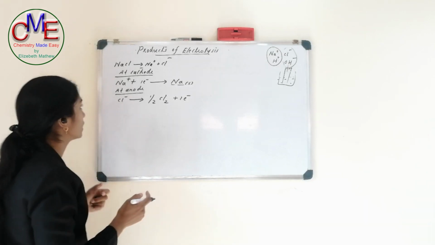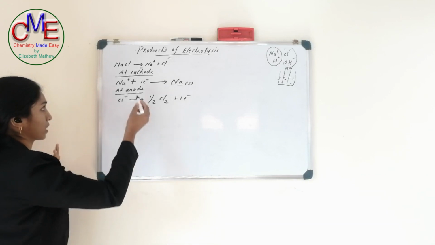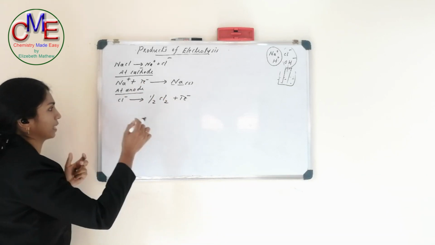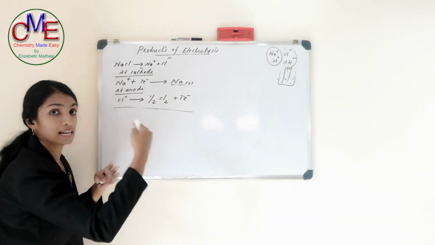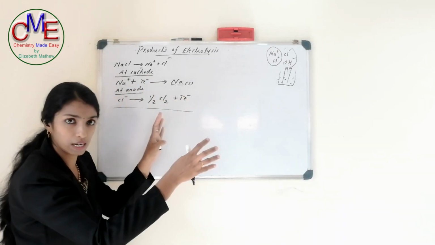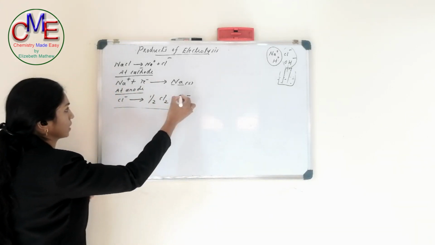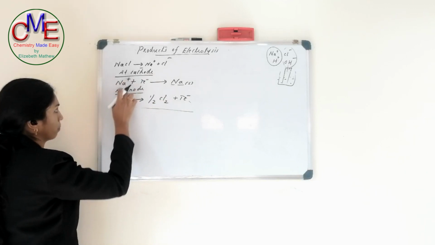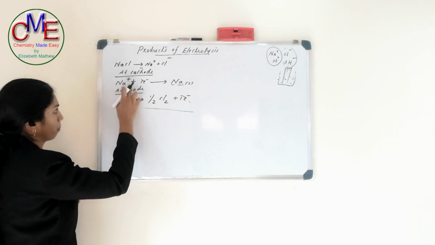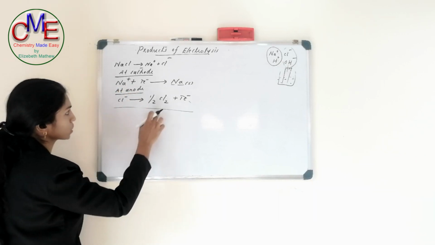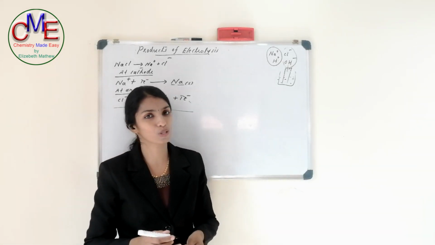Clear? Then here also we can write the net reaction. The net reaction can be obtained by the sum of these two reactions. We can cancel the species which are common on both the reactant side and the product side. We can cancel this one electron and this one electron, and sum up the remaining. What we are left with is Na+ and Cl-. So Na+ + Cl- gives Na + half Cl2. This is the net reaction.